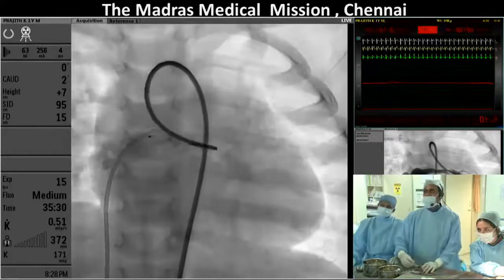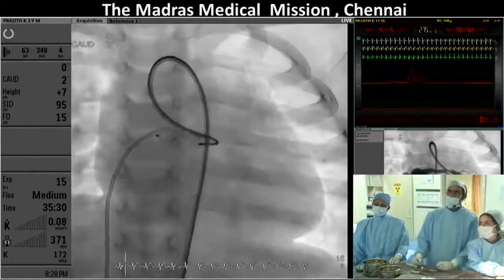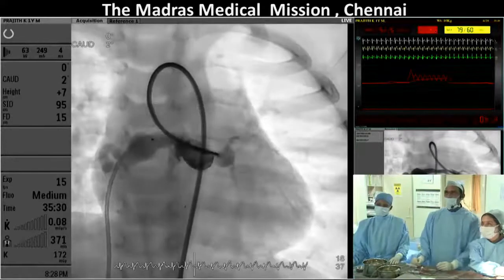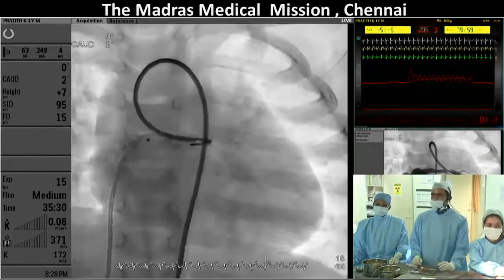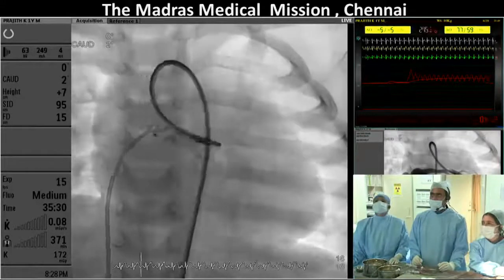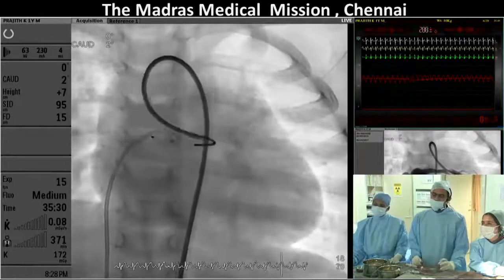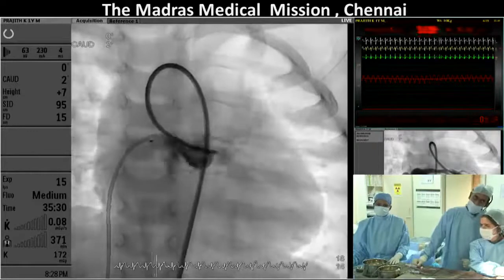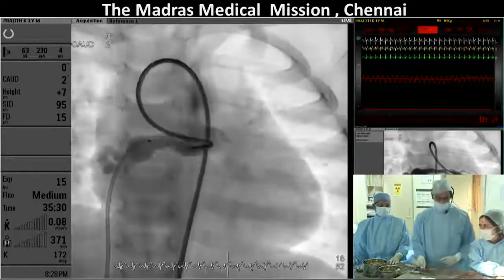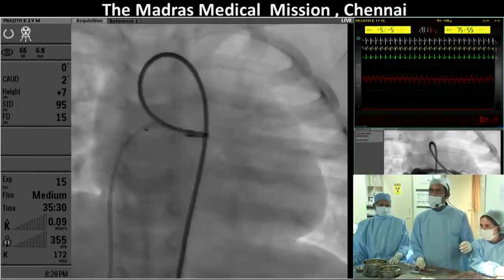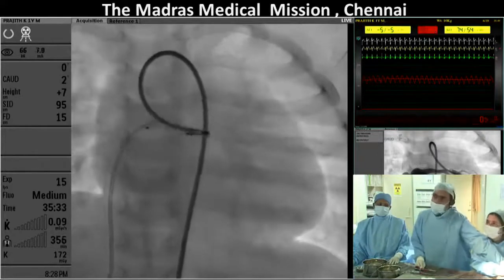55, 45? 55, 45. Was that right? No. Well, I would have just shot the right coronary here. No, that's 99%. It's 55, 45. What view? Okay. Well, it could be true. I don't know how to use those devices. I am surprised. I do know how to read an angiogram, and I would have shot the right coronary